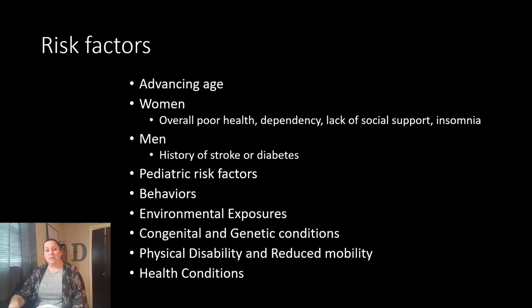There are also some maternal diseases as well, like with the mother taking certain medications that could affect the baby, and also events during labor itself. That deals a lot of times with cerebral palsy. There's not really a genetic predisposition, but due to trauma or issues that happen during the birthing process, it could cause some cognitive issues. We also see that there could be certain behaviors that can put you at a higher risk. This would be things that may put you in danger for traumatic brain injuries. It's really important that we take safety precautions, if at all possible, to protect our head and our brain, which ultimately also protects our mind in that sense.